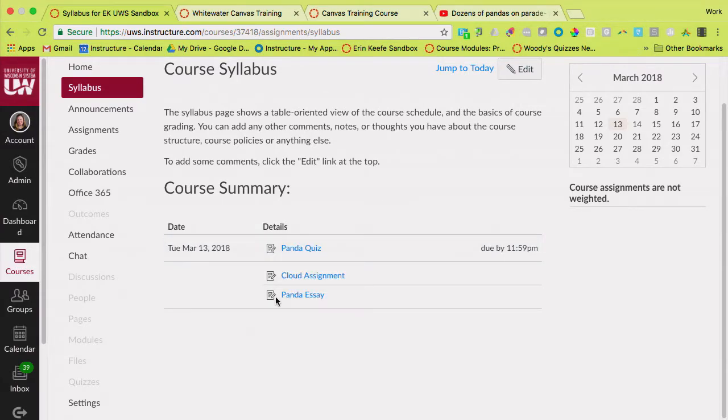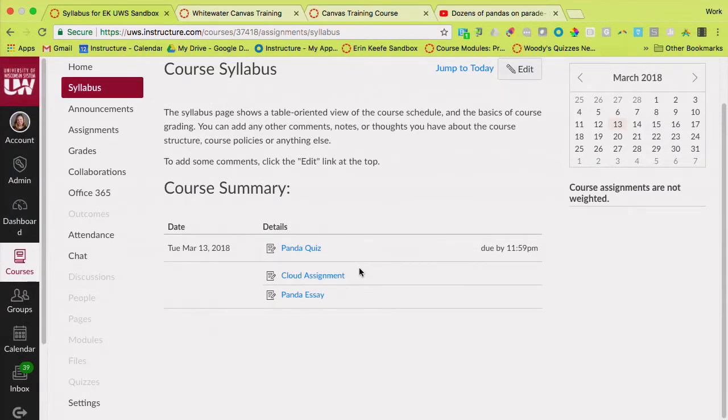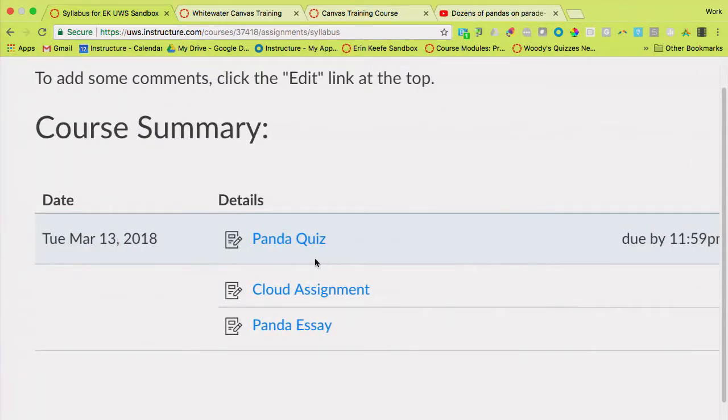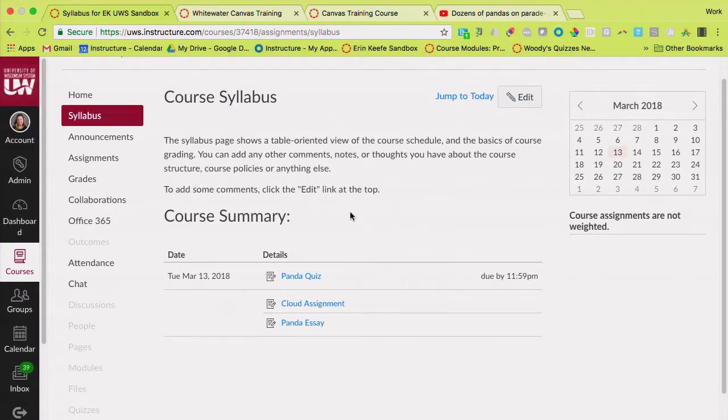you see that mine is running. It's showing that it's running. It's pulling data. What it's going to do in that course summary space is it's going to pull in anything that's an assignment. So anything that students have to turn in or do is going to show up automatically in your course summary. So the things that will show up here are assignments, quizzes, and also discussions. So they will automatically show up here as you're building them in your course. There's nothing that you need to do to get it to come to your course summary.